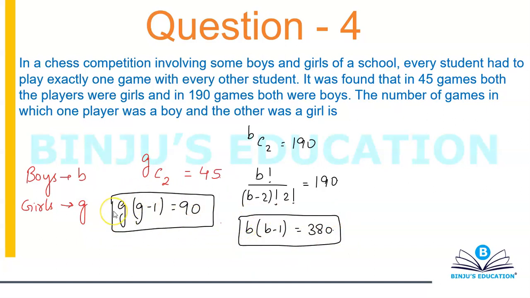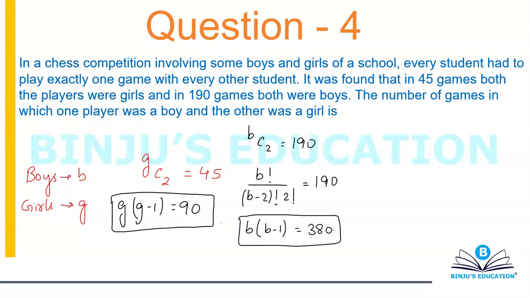Now when you talk about B and G, these two have to be integer values because they represent boys and girls. One way of solving this is to form a quadratic, then do the middle term splitting, and then figure out the answer. You all know how to do middle term splitting. If you do not know, you can watch the videos on roots of a quadratic equation.